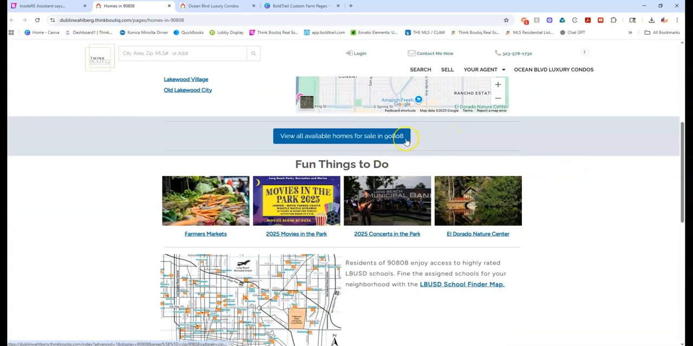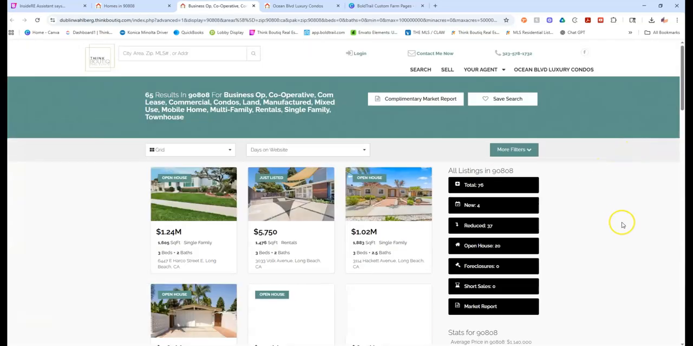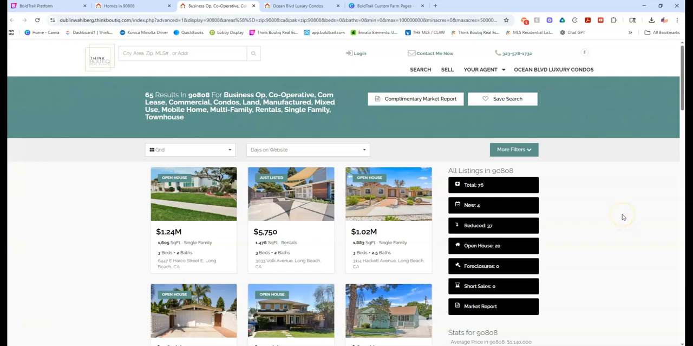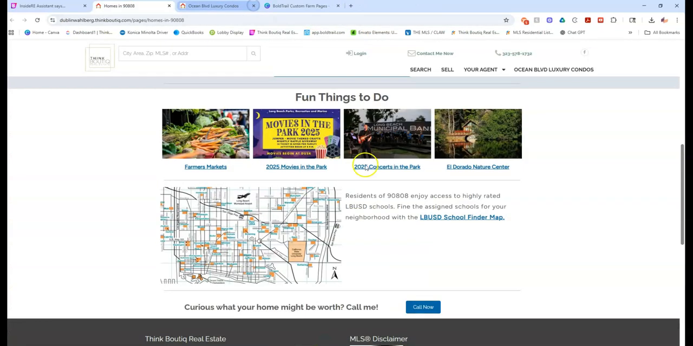View all available homes for sale in 90808. I created a squeeze page for this with a long amount of views before they have to register. So at least people can poke around a little bit. And I put a list of similar fun things to do, links to like the El Dorado Nature Center. I put "residents of 90808 enjoy access to highly rated LBUSD schools." I have a picture of the school finder map here, and then a link to the school finder map there,